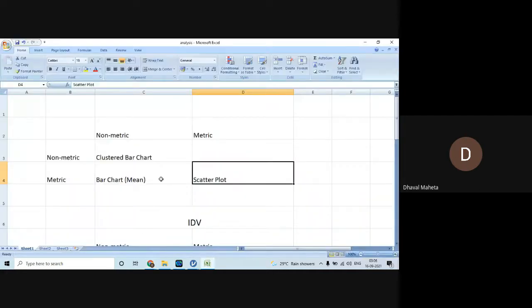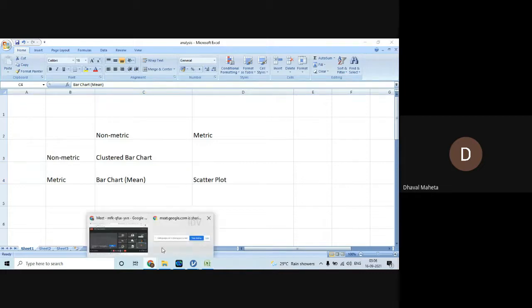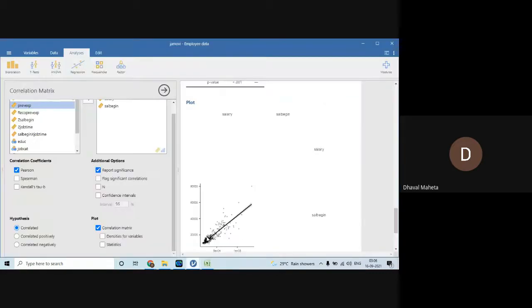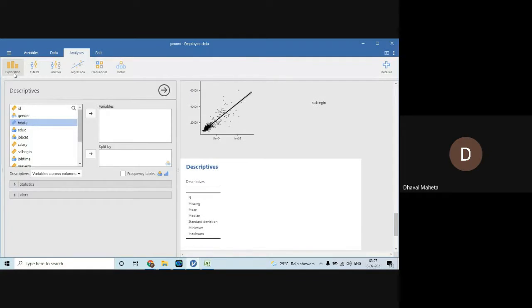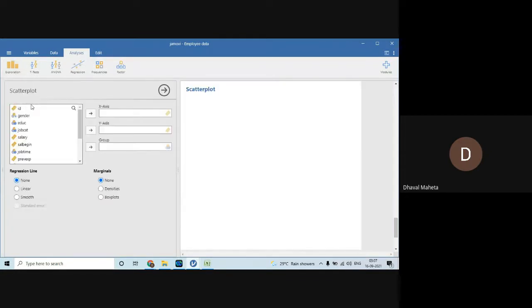Next, the last case, the bar chart. When one variable is in metric scale and another variable is in non-metric scale, from where to go? Again, you go in exploration, descriptives. You can go for scatter plot from here also. There are two ways to get the scatter plot. Here also scatter plot, and here it will be salary